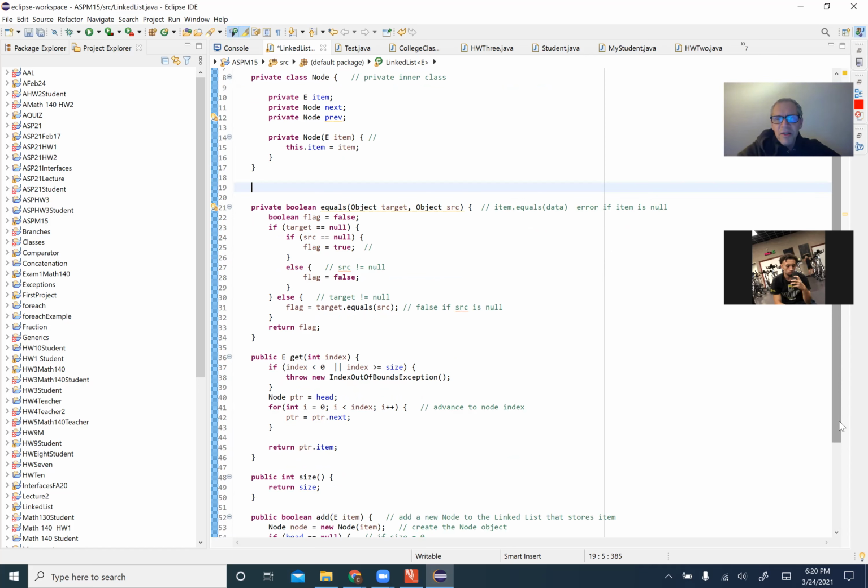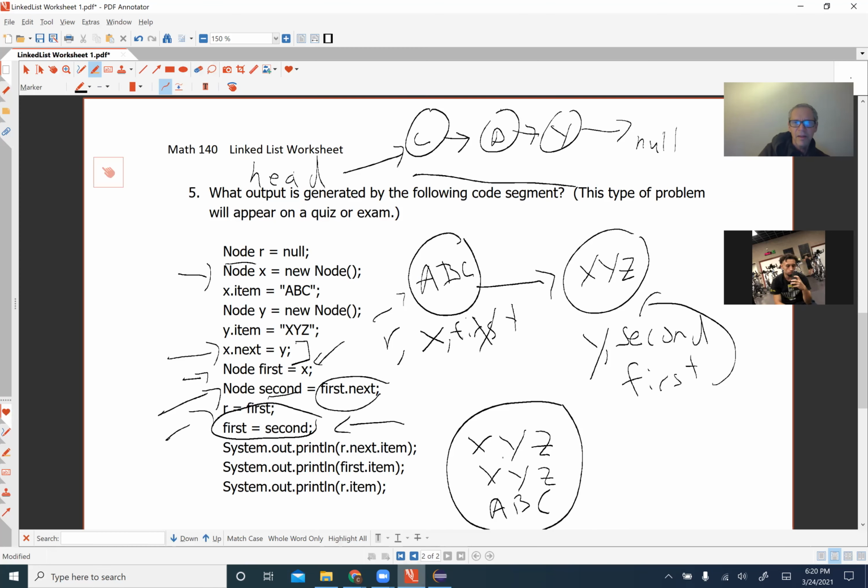There's a method called set that allows us to change one of the values in the array. And we have the exact same method in linked list. Most of the methods in array lists, we have the exact same methods in linked list. And so the set method would allow you to,